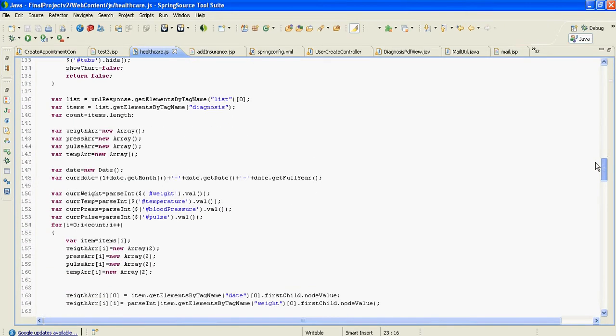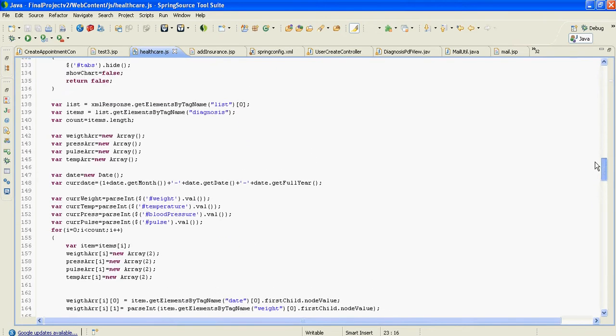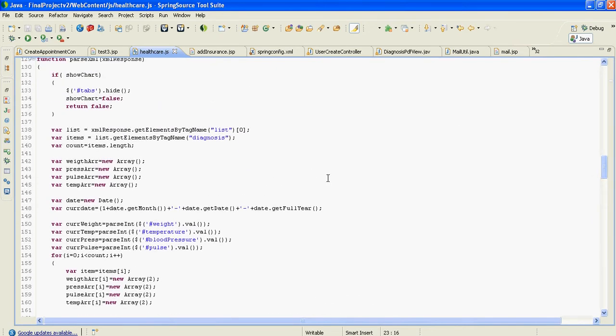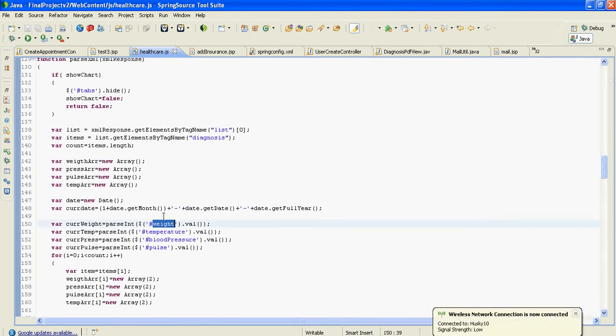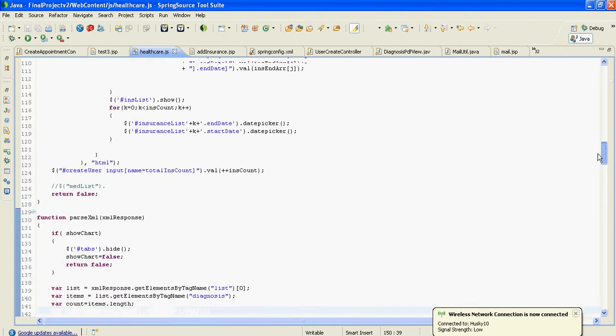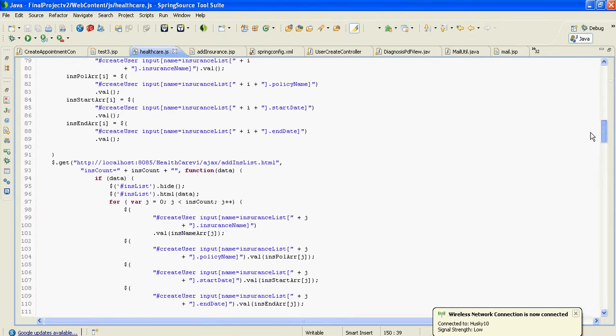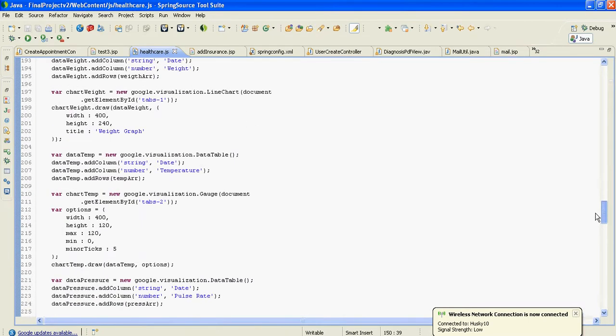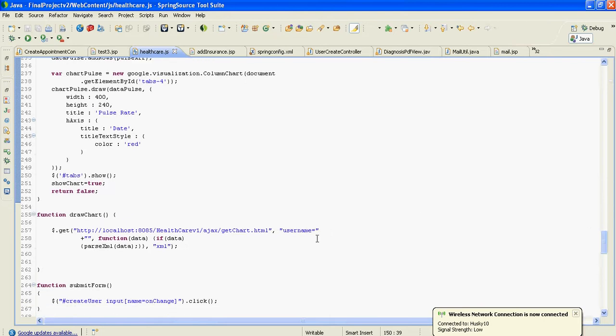And to obtain the information for the charts, I made a get request in this method, and for draw chart, I'll just show that method now.